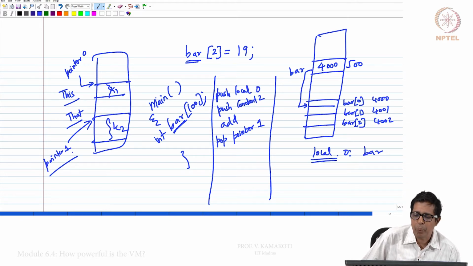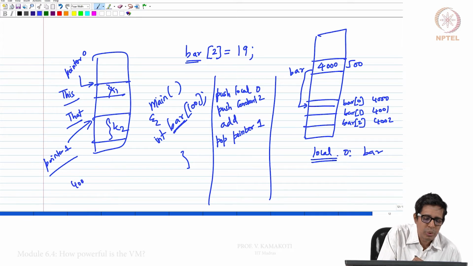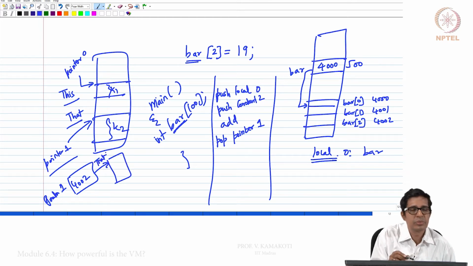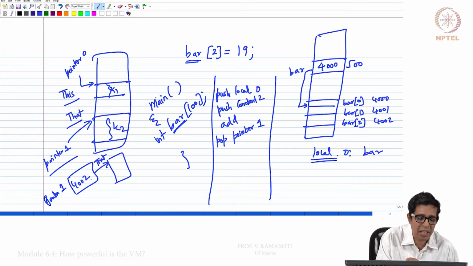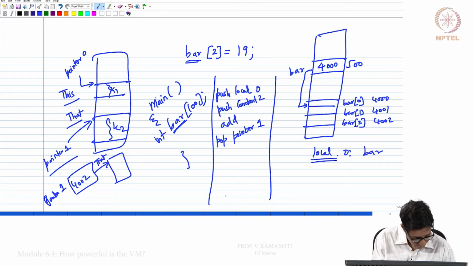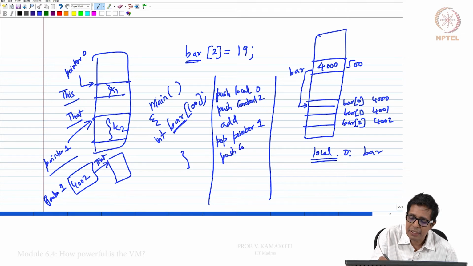So, when I say pop pointer 1, that means 4002 is now pointer 1. Essentially, that means 4002 is the that segment now. Your that segment now starts at 4002. Now, I am doing push constant 19.